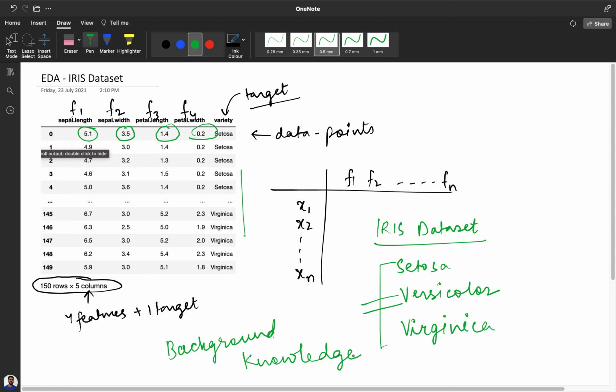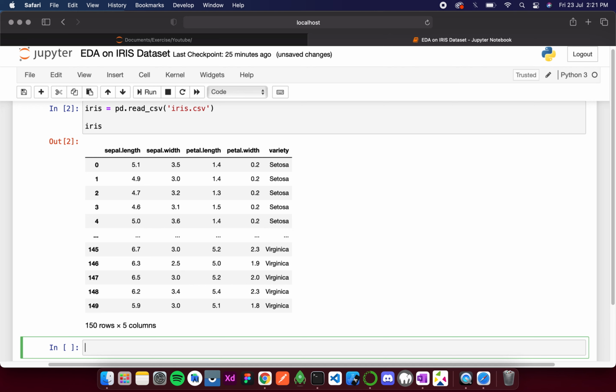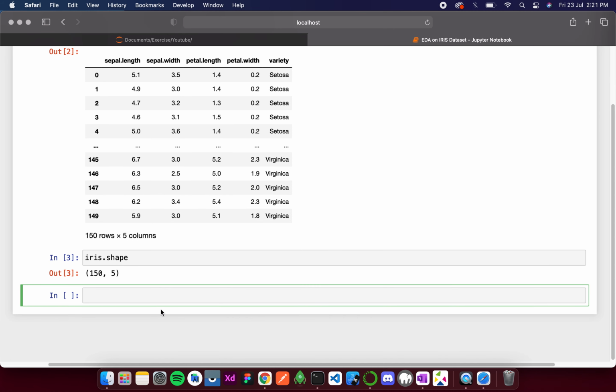Now let's start with EDA. The first thing that I'm gonna do over here is write iris dot shape, and it is 150 cross 5, so it tells us how many data points are there.